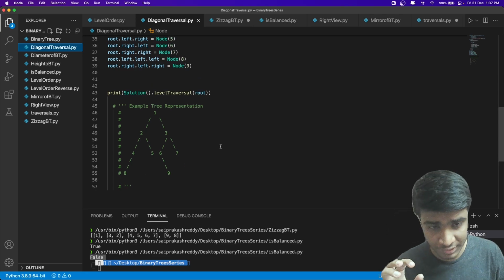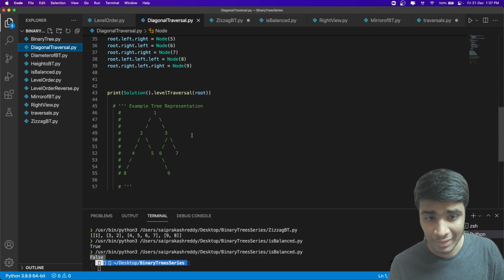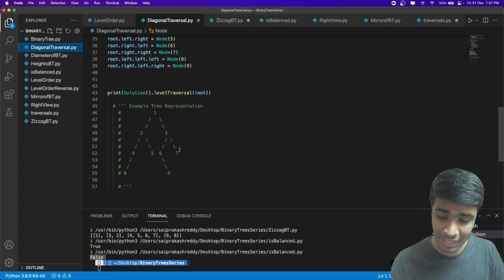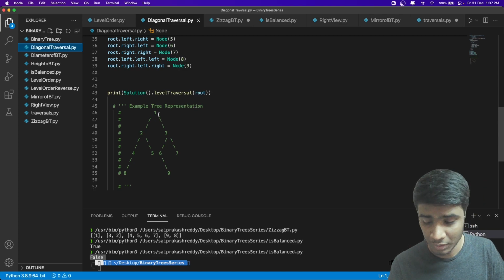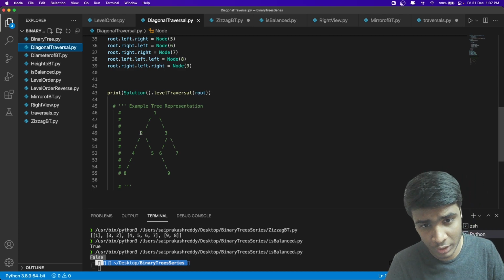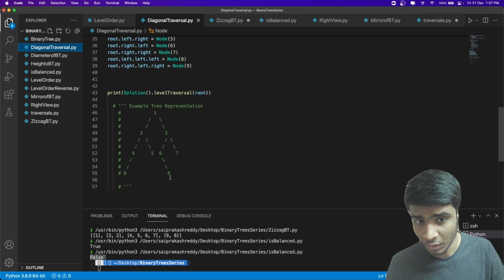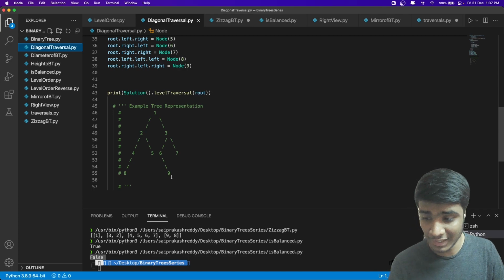The observation is that when we are doing a traversal, all the elements to the right are being processed in the current level itself. So for 1, all the elements to its right are being traversed in the current level itself. That's the observation. If you look at 2, then 2 and 5 are going to be in the current level, and for 6 as well, all the right elements to the current one are in the current level.